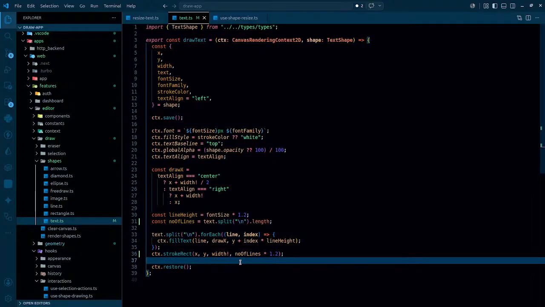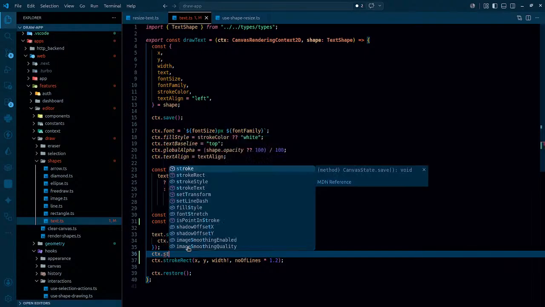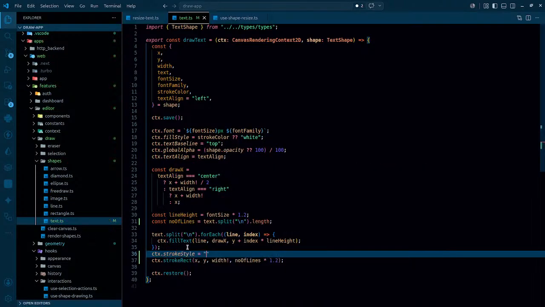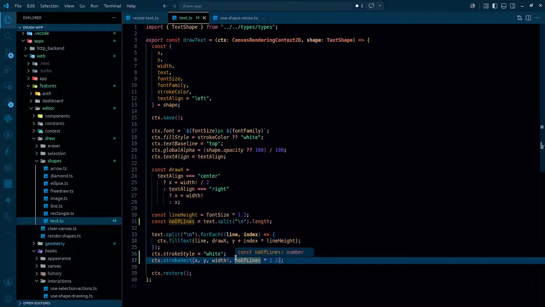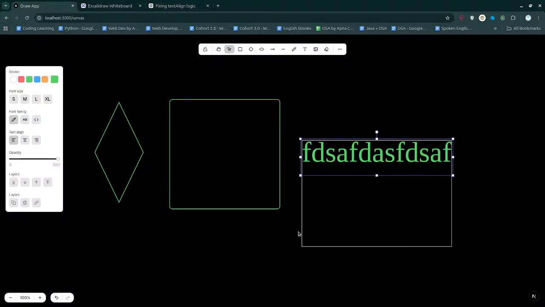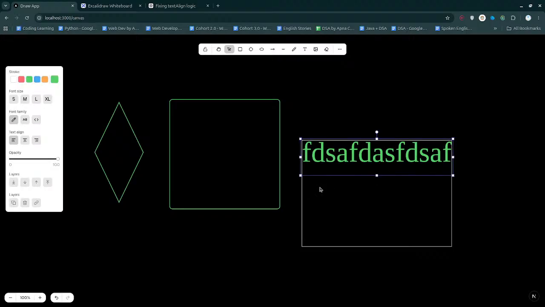Done. ctx dot stroke style, that's actually gonna be 5.2 plus y. What? Isn't it too much? Anyway,